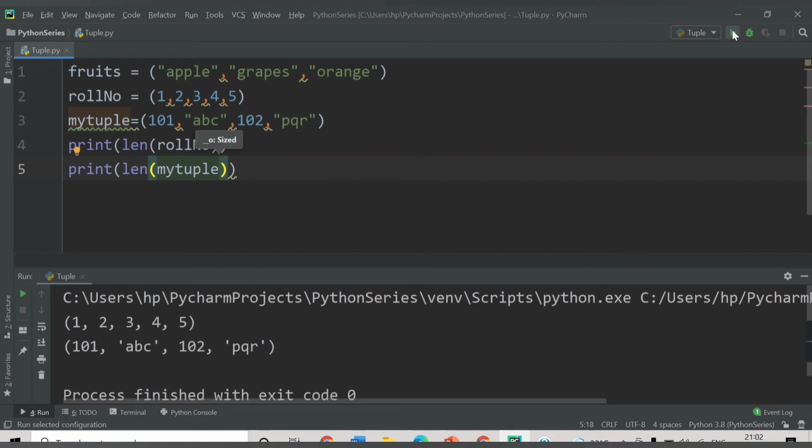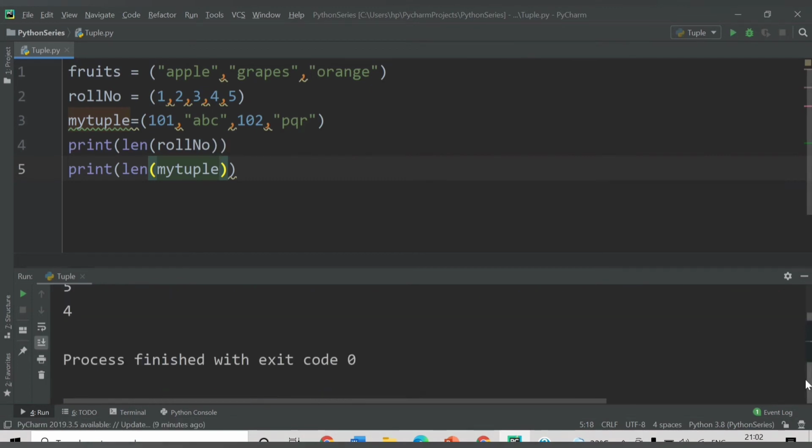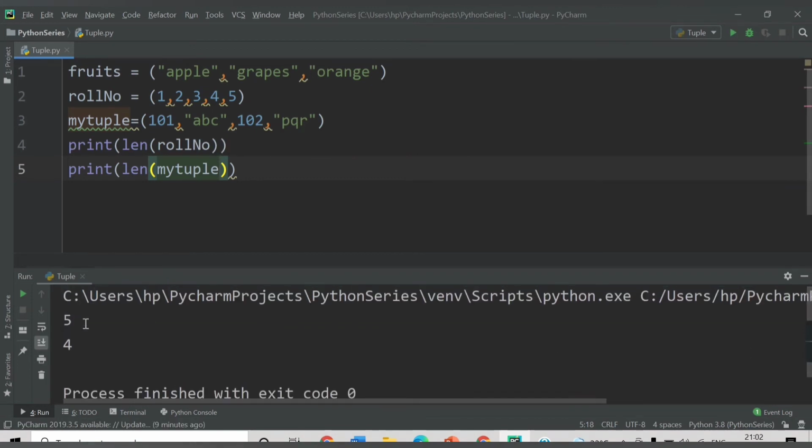Now see the output. The first one is 5, which is for roll number, as there are a total of 5 items. For my tuple there are 4 data items, 101, ABC, 102 and PQR, so we are getting 4. In this way you can get the length of a tuple.